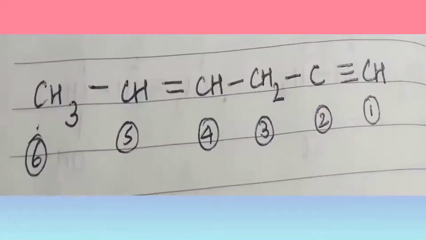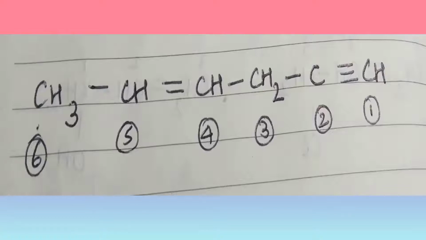But if you see my second case, here they are not present at extreme ends. The triple bond is present at one extreme end and the double bond is present somewhere in the middle. Whenever these bonds are not present at the extreme ends, the triple bond gets the higher priority compared to the double bond. So if I go from right to left, the carbon atom that has the triple bond will have the least number, that is 1, and we do the numbering from right to left. This is how we name it.